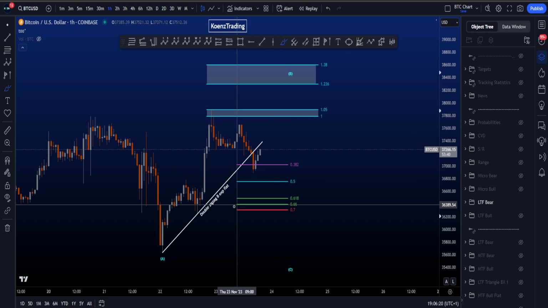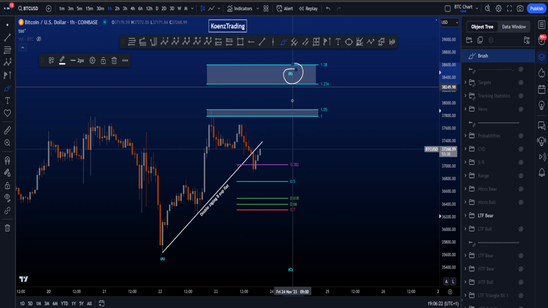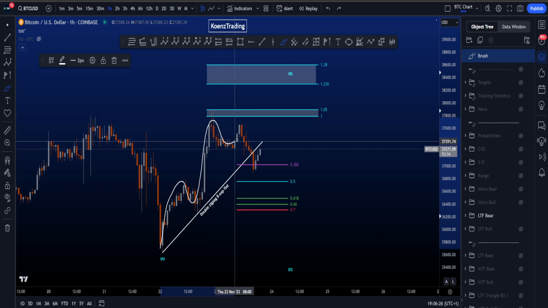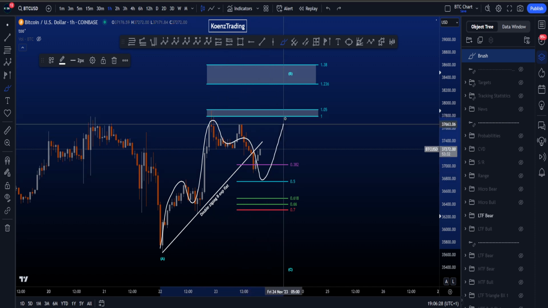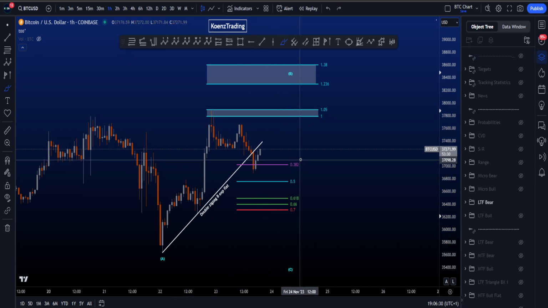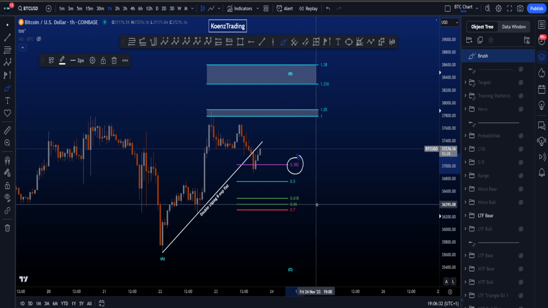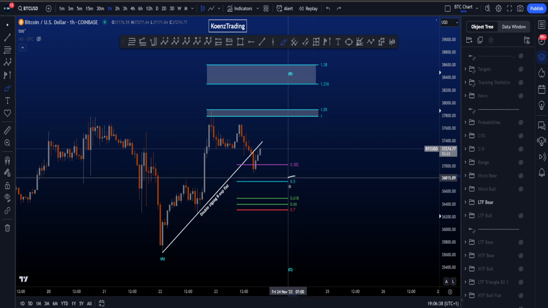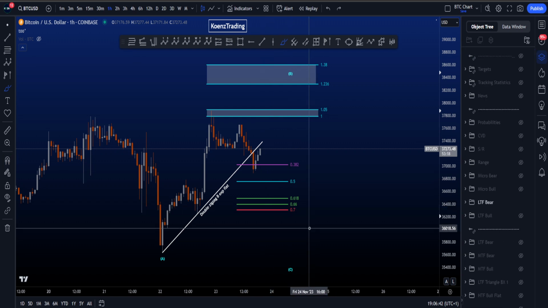Now, if we look at the retracement for a potential double zigzag in a wave B, meaning an ABC over here, then we're looking for a 3-wave structure to the downside before continuation to the upside. The 0.382 is usually a minimum target for a double zigzag. Also, the 0.3 can be used at times. Then you have the 0.5 and the golden pocket, and you don't want price to dip to the 0.7 over